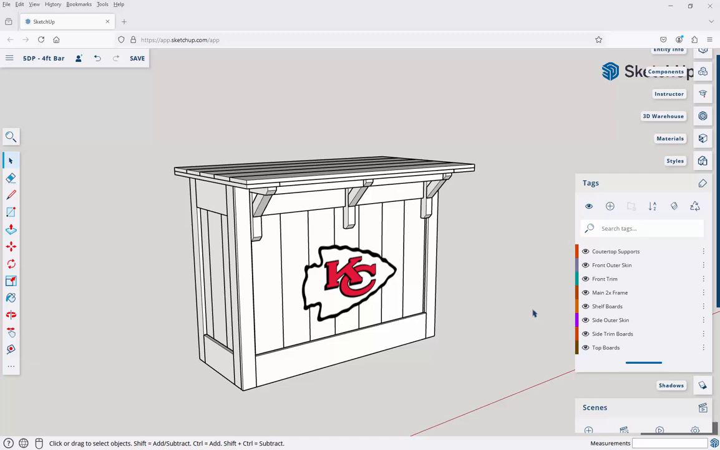In this video, we're going to be taking a look at using SketchUp for web and making modifications to an existing 3D model that we give you with our woodworking plans. So say, for example, you purchased a set of plans, in this case, a plan for a 5-foot bar, and the customer wants the countertop to be deeper than is standard and also wants some type of logo on the